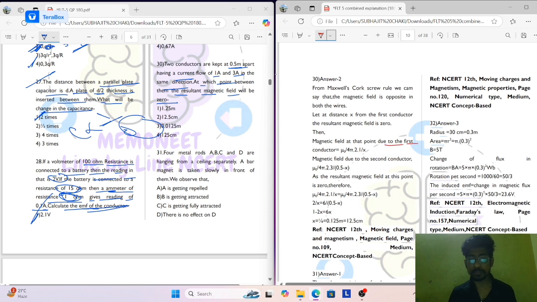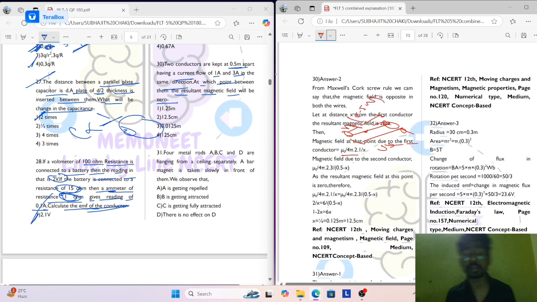Magnetic field at the first conductor is mu naught by 4 pi into 2I by R. I is equal to 1, so R is equal to 0.5. Okay, so if we keep here, the distance is 0.5. If we take a point here, it is x, so the other distance will be 0.5 minus x, where the